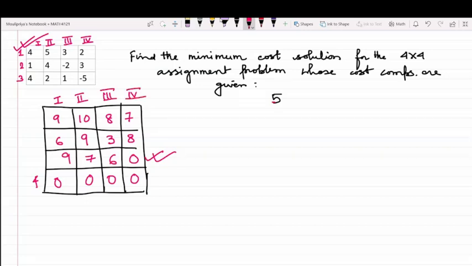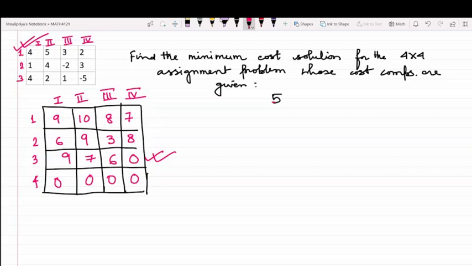Okay, so now we will be following the Hungarian method for calculating this. I hope you all remember the Hungarian method. Once the Hungarian method is done, we will be calculating the minimum number of lines drawn to cover up all the zeros. If that is equal to the order of the matrix, we have one result. If that is less than, we have a different result.